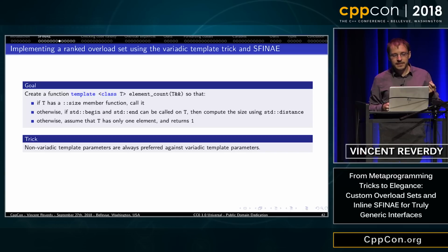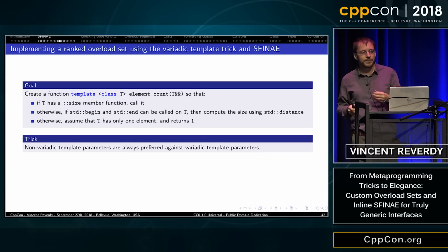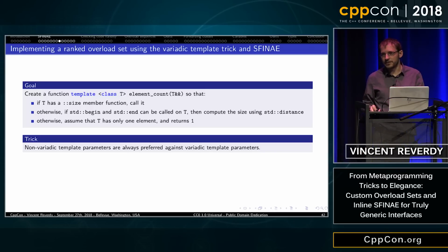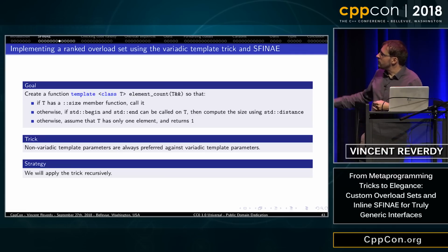If it doesn't have a size member, but it has begin and end that work on T, then it will call std::distance on begin and end. And otherwise, it will assume that T has only one element and return one. And the trick we will use is that non-variadic template parameters are always preferred over variadic template parameters. And we can use this trick recursively, actually.